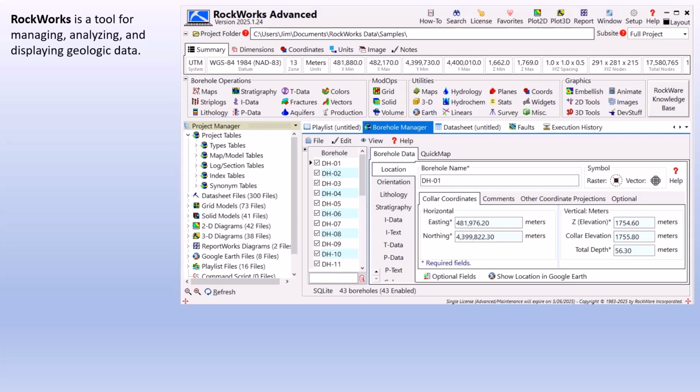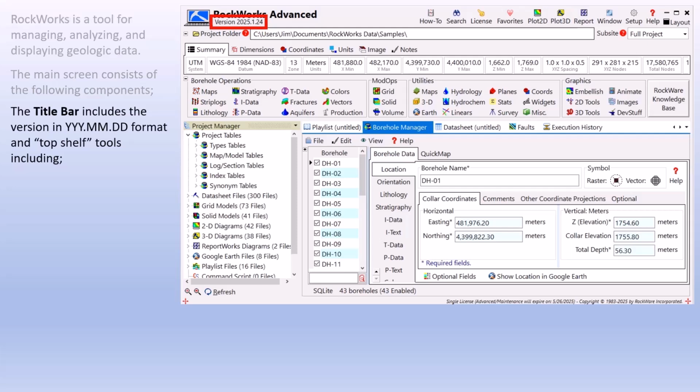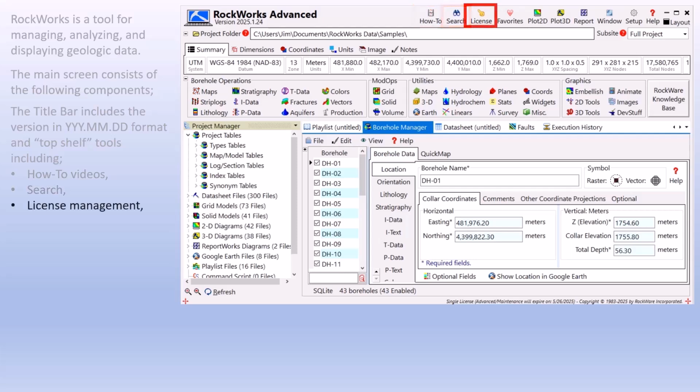RockWorks is a tool for managing, analyzing, and displaying geologic data. The main screen consists of the following components. The title bar includes the version in year, month, and day format and top-shelf tools including how-to videos, search, license